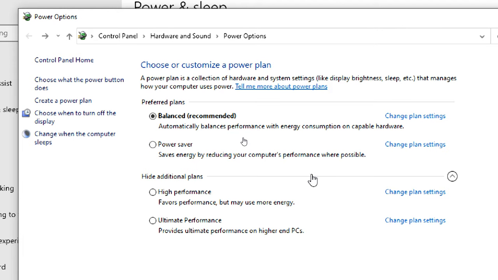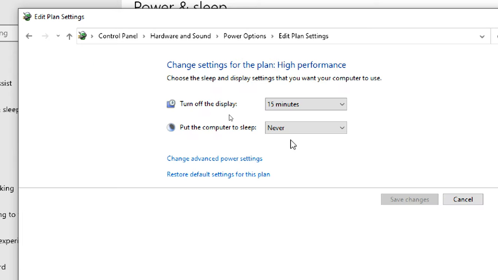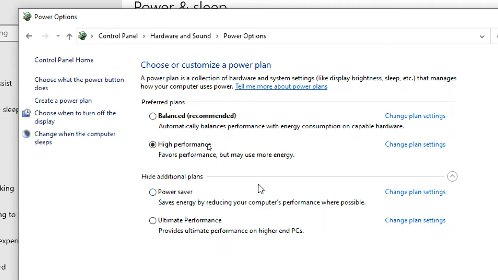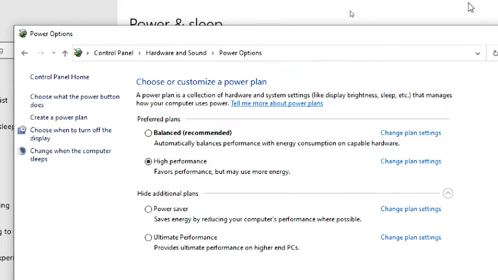So you can generally use high performance on desktops. But if you are using a laptop, better to use balanced or power saver mode. I am choosing high performance because it's not going to sleep. Like that, you can select high performance.